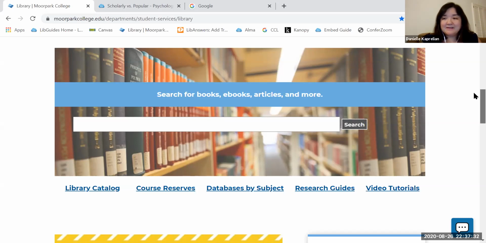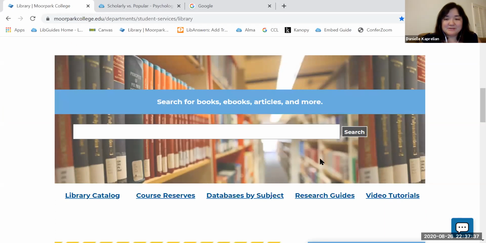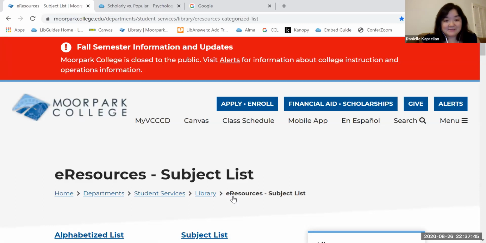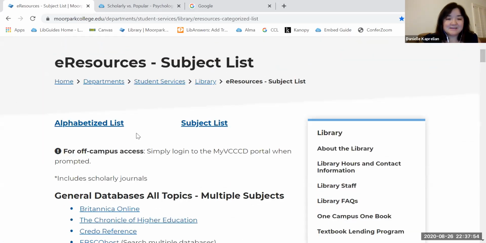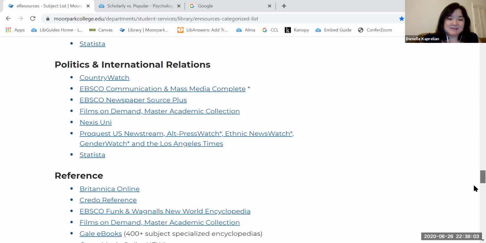So to get there, from the library page, you just want to scroll down until you get to the search box. You're going to ignore that for now, and then just go to databases by subject and go ahead and click on that link. This is going to take you to all the library databases. And what you want to be looking for here is specifically psychology, but that's not going to be one of the subject headings. These subject headings are all in alphabetical order. We have it grouped a little bit in a larger heading,